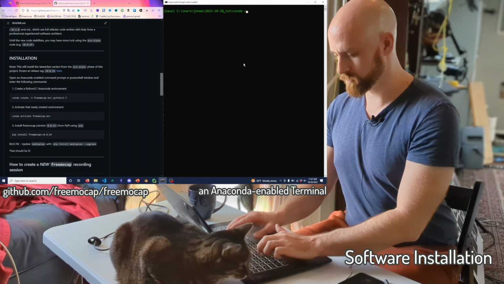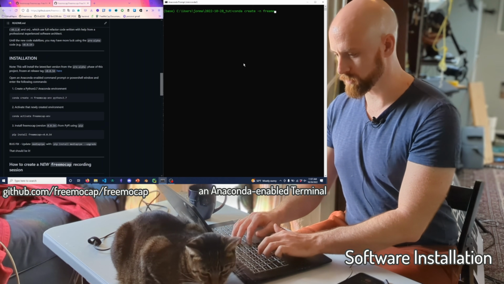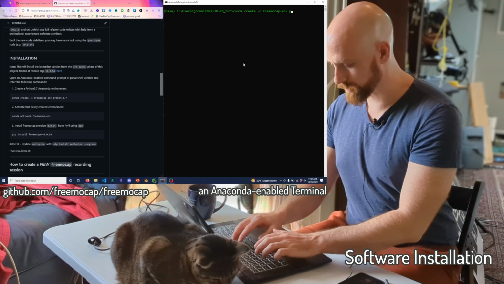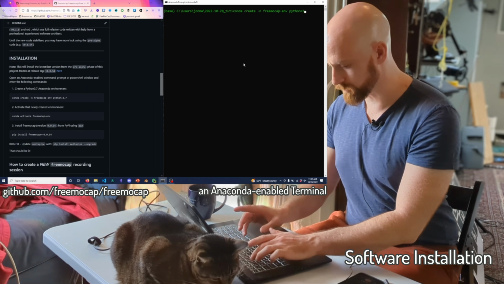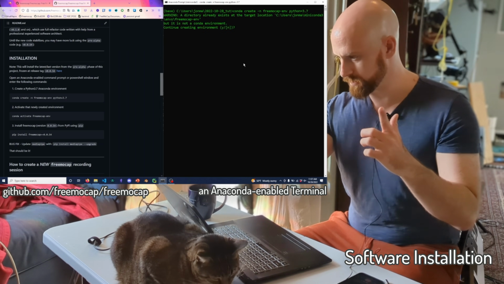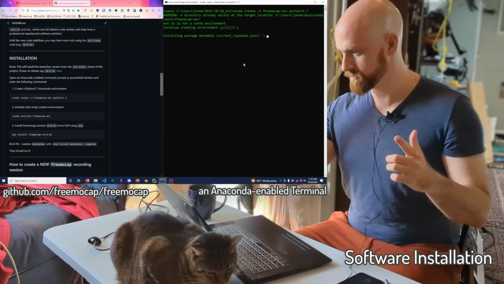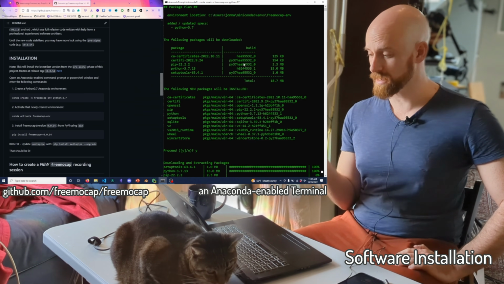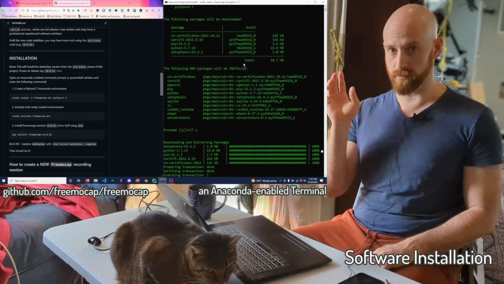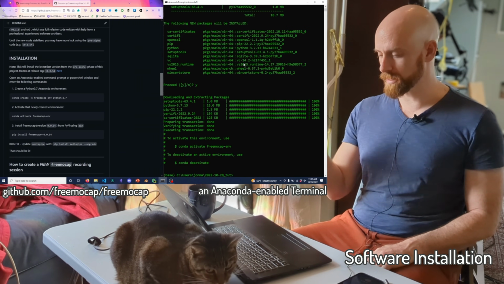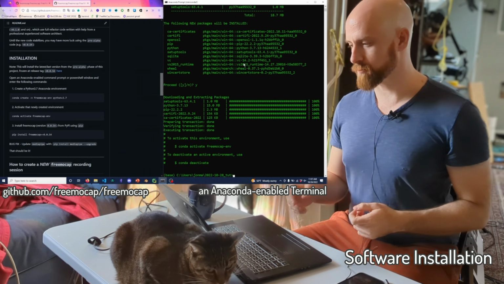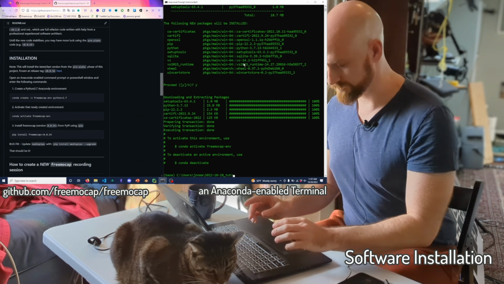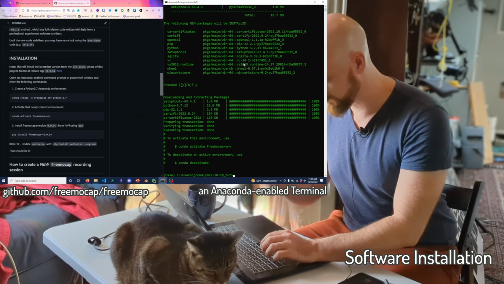conda create -n freemocap-env python=3.7. Punch it. Yes, and then yes. Oh, this is using an Anaconda prompt. So if you go to anaconda.org, install that, and then search for Anaconda Prompt and open it up, it will help you set up your Python environment. Details forthcoming. Okay, I created the environment.